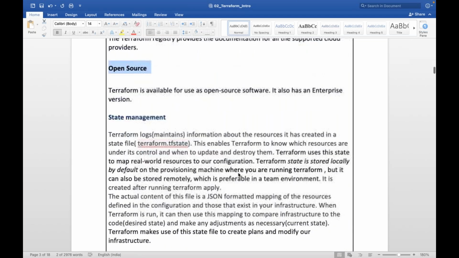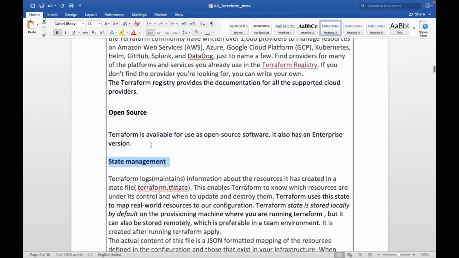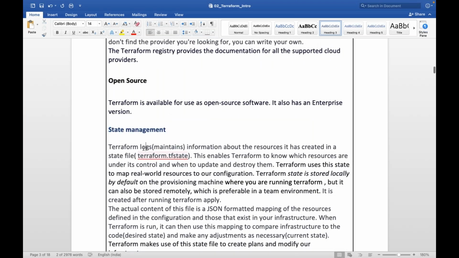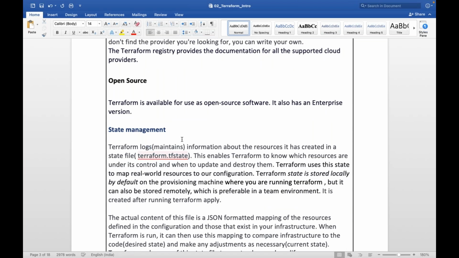Now, the important feature in Terraform is state management. Terraform will maintain information about the resources it has created in a state file.